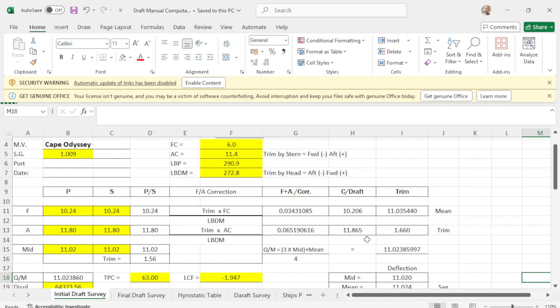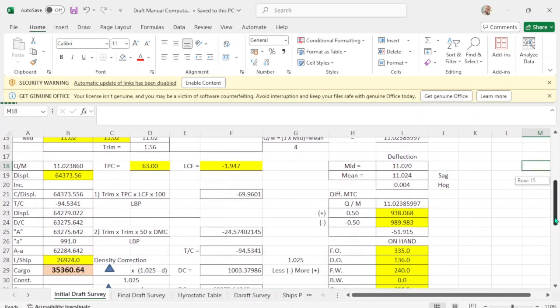Okay, and this will be the trim, meaning corrected forward draft minus your corrected up draft will be your trim. This is the corrected trim, this is your apparent trim. Now, forward draft plus up draft, both corrected, add this one, divide by 2, this will be your mean draft. Okay,